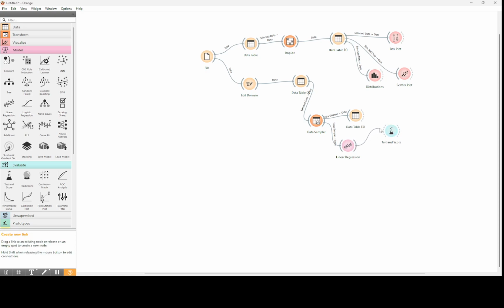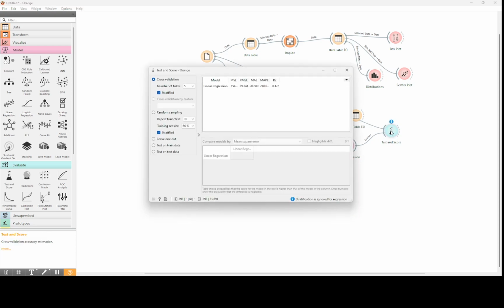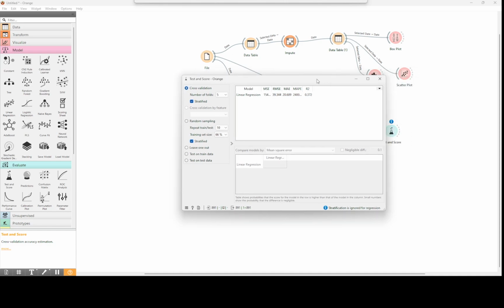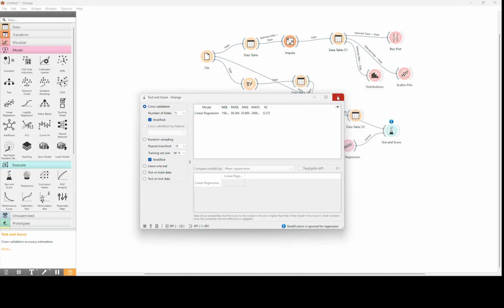So we have to import that widget. It is not only related to the training or testing data, but also the whole data set, right? So in that case we can find out its evaluation, test and score, and its evaluation results.